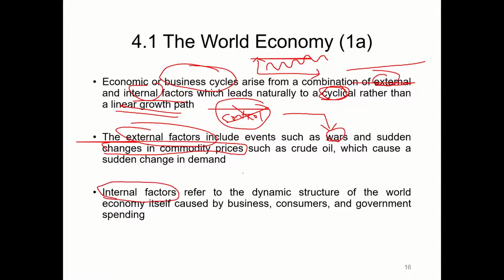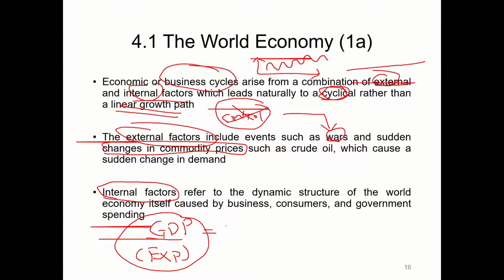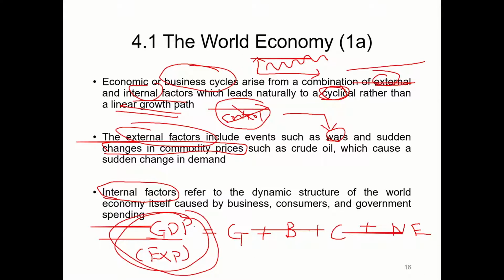Internal factors will be the normal course of business, dynamic structure of the world economy. This will be the traditional way of measuring GDP. For example, when it comes to measuring GDP, it can be based on the expenditure approach. How do we measure the GDP of an economy, for example? So if we use the expenditure approach, GDP will measure the total amount of expenses from the government plus total expenses from businesses plus total expenses from consumers and net export. So by adding up all the expenses in a year,